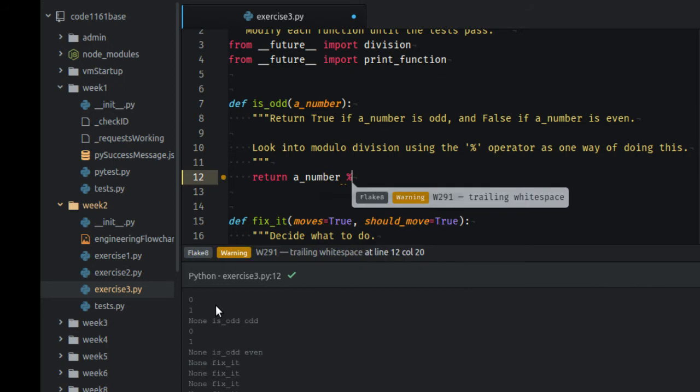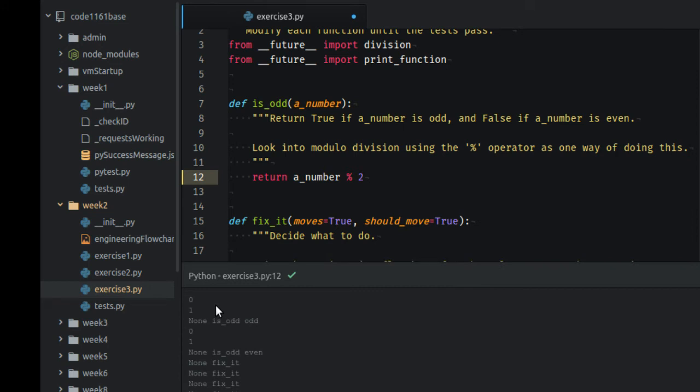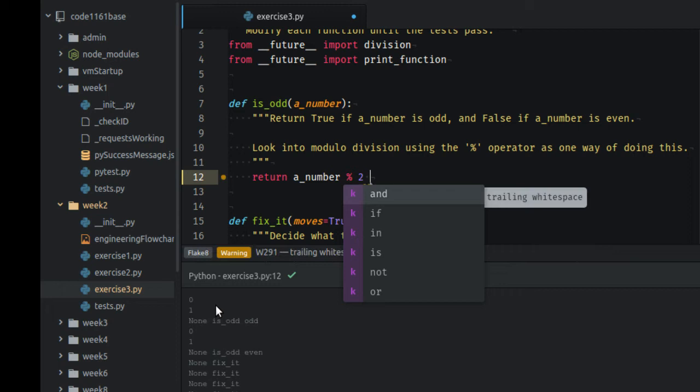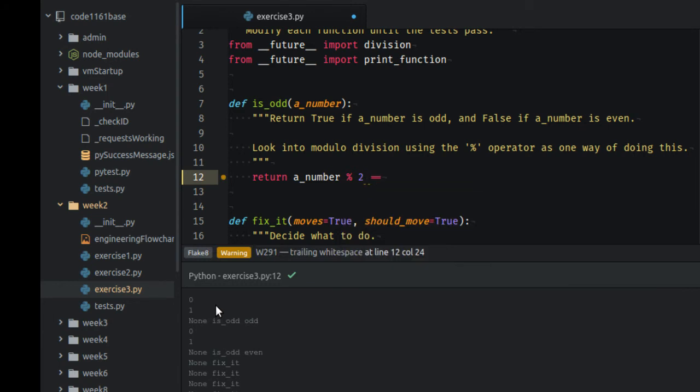Our number modulo 2. And so now that will give us a 0 or a 1, depending on what that number is. Okay. We want to know if it's odd or even and return true or false rather than 1 or 0. So we need to do a Boolean test. So if that is equal to 0,